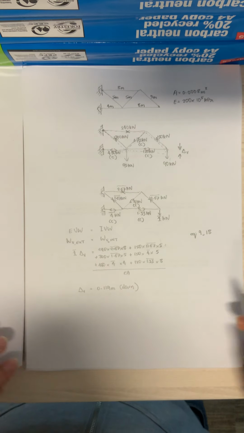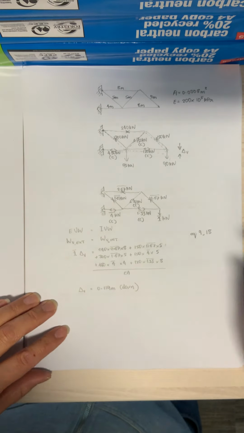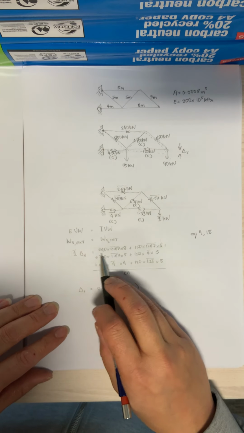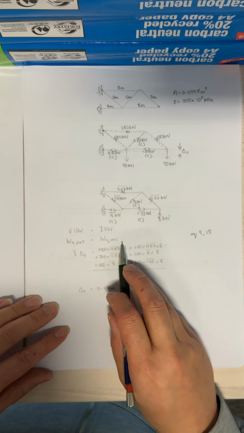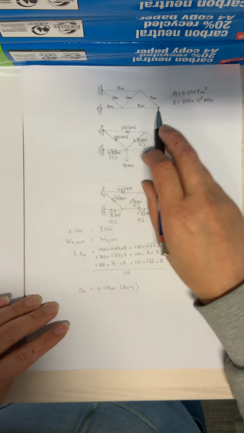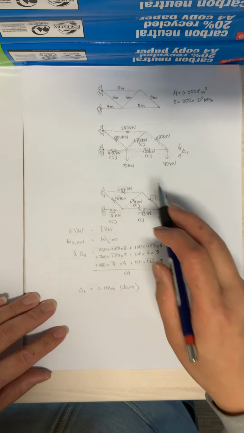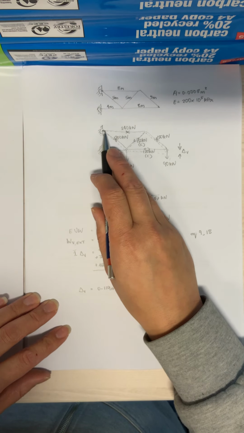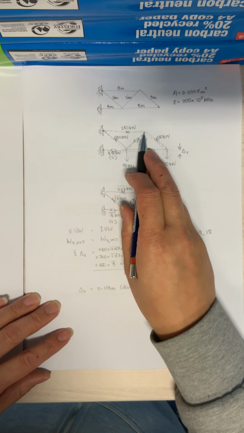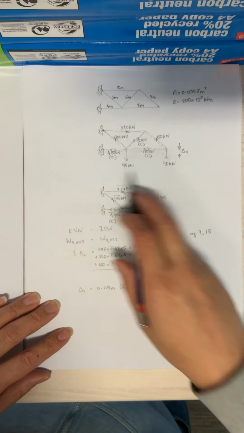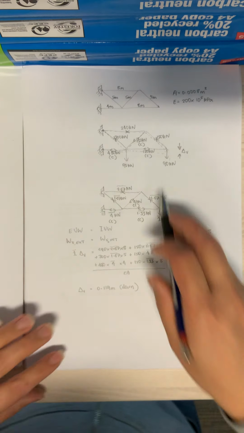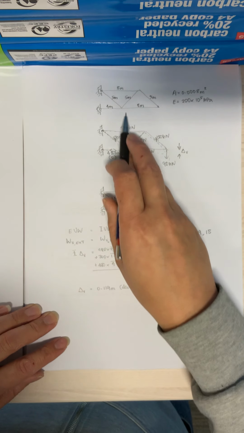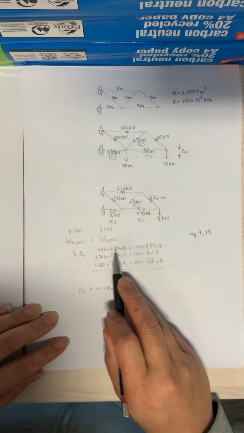Now, because this is a truss system, which you can see, the internal virtual work for each of these members is going to be, let's start with this member here, the length of the member multiplied by the force in the member of the real system. This one is termed the real system because that's the real system that you're trying to solve. So 240 would be coming from the real system,